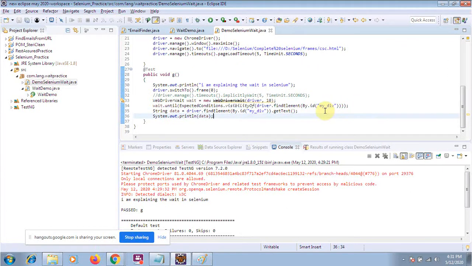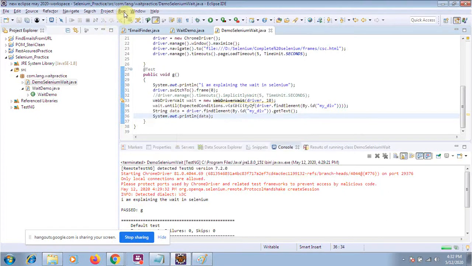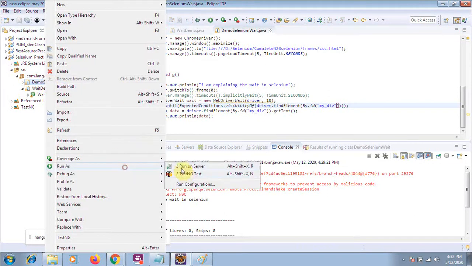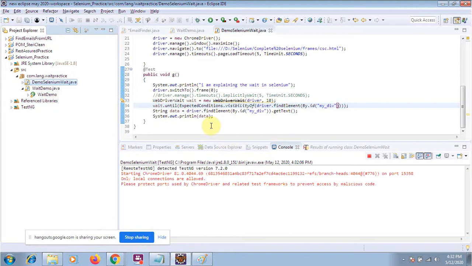Now let me run it again. I will say project clean, then I will run it again. After that, we will see how to apply the fluent wait.